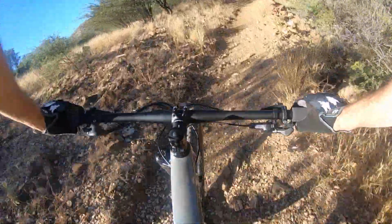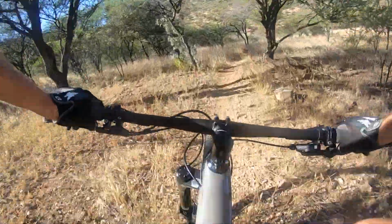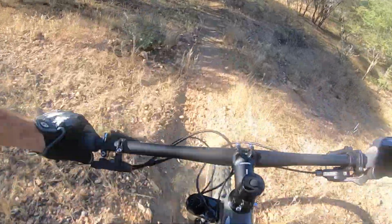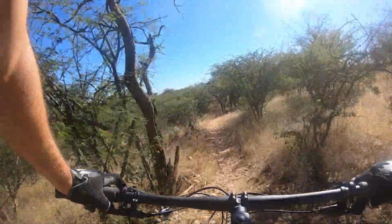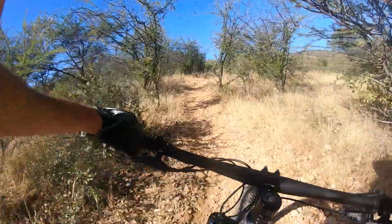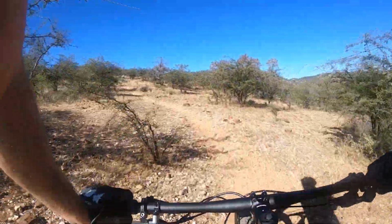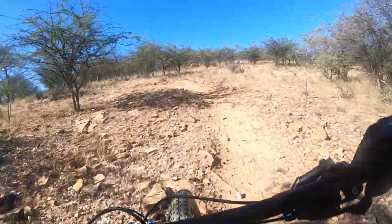The chainstay is plus minus the same length as the previous Scalpel, but as I've mentioned numerous times, it's that new flex stay with that solid, nice and strong plate of carbon instead of a normal tube. Something else really important that needs to be mentioned is the new widened frame in and around the bottom bracket, and that you feel most when you're out of the saddle pushing hard, because that is when you have a lot of flex going through that area of the frame, and the new widened frame will definitely stop that from happening, giving you a more